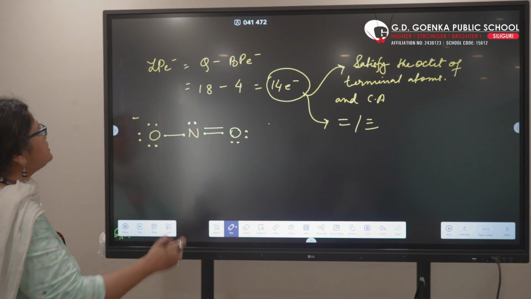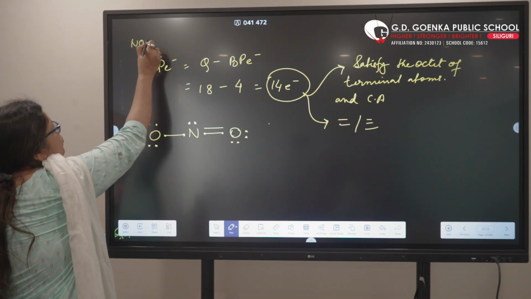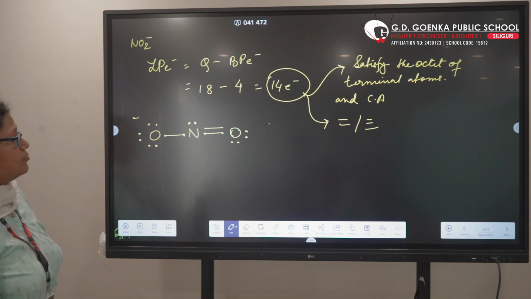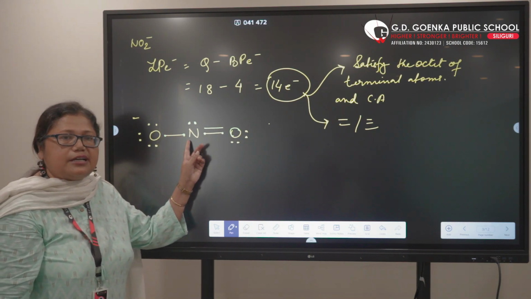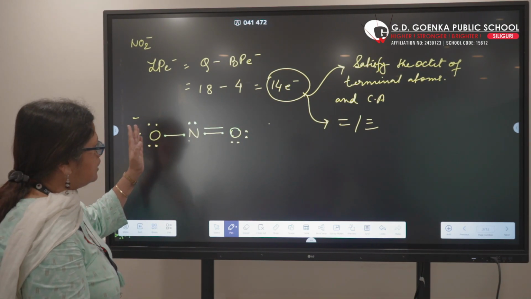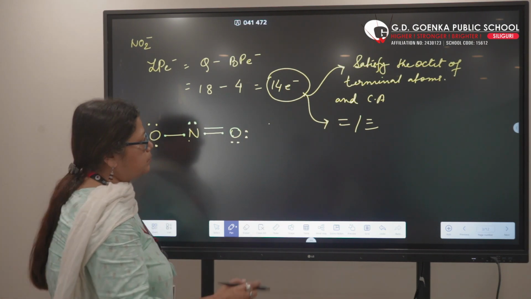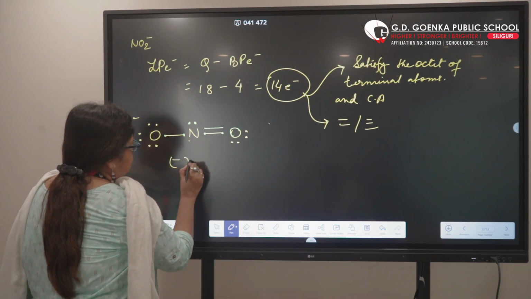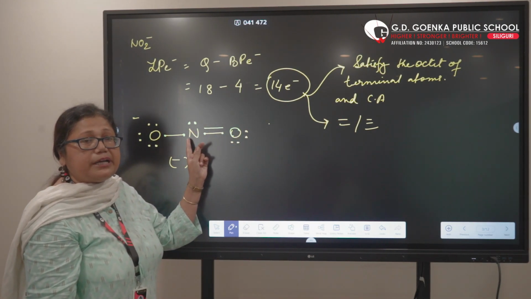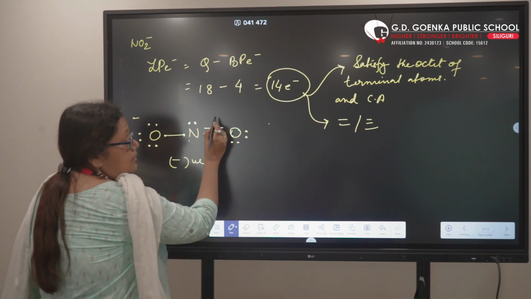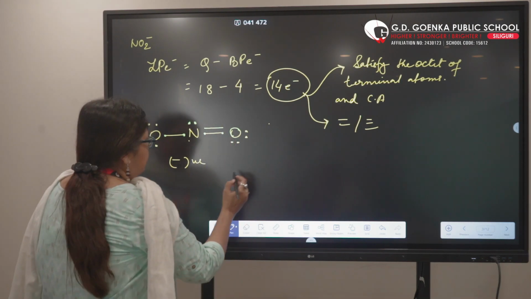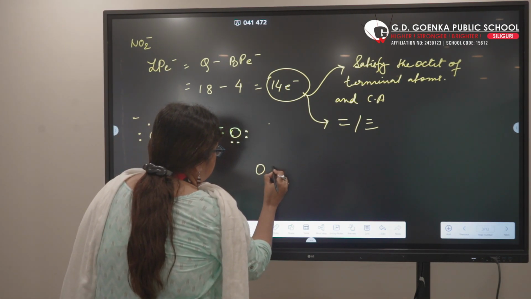Now next, as it was nitrite ion, what about the charge? NO2 minus it was, isn't it? Whenever oxygen is connected to the central atom by single bond, we put a negative charge over here. When oxygen is connected to the central atom by double bond, then charge is 0. This oxygen carries 0 charge. Okay, so over here finally we can draw the structure as